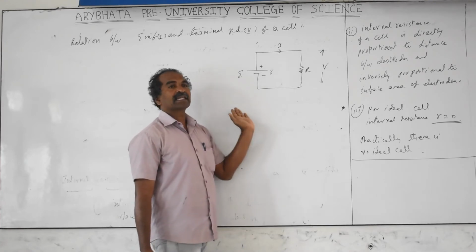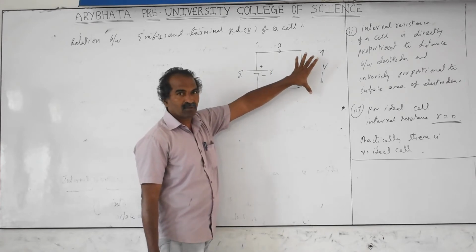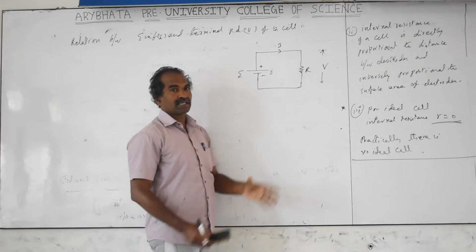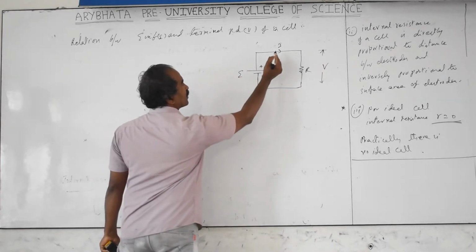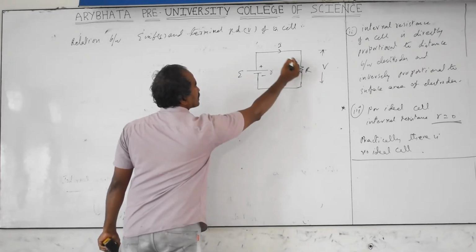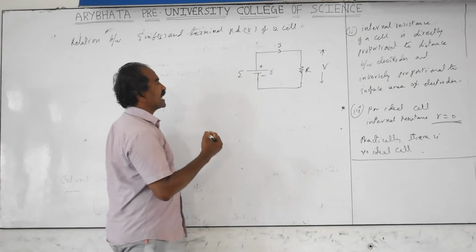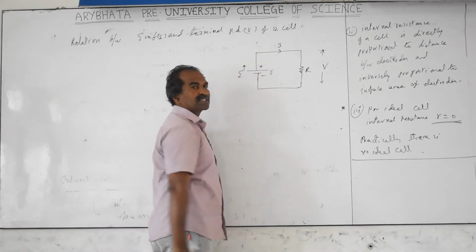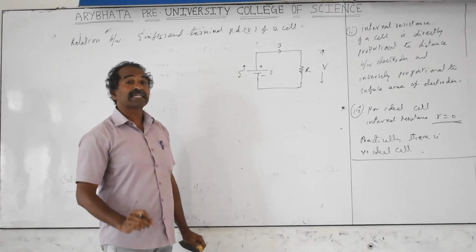It is only making the current pass through the complete circuit. We see only the external resistance voltage, the terminal PD, but actually it has the EMF as this. That is the important one, and the main one. So EMF is equal to I into capital R plus I into small r, with R and r in series. But EMF has a direction mentioned. Even though EMF is a scalar, the direction is mentioned because it helps us find the direction of current.